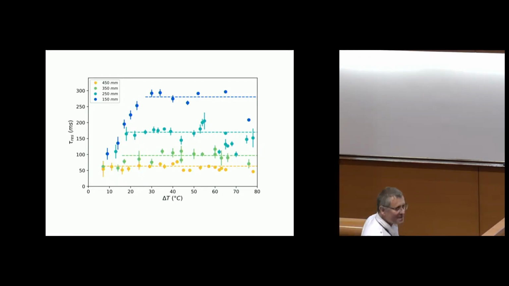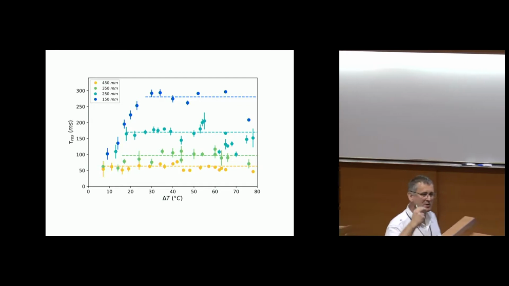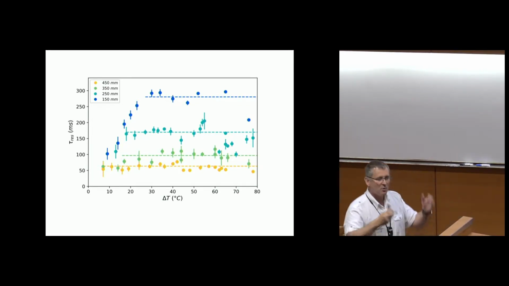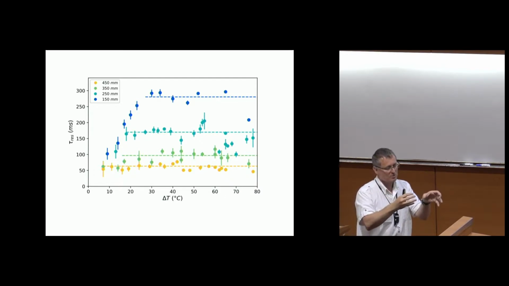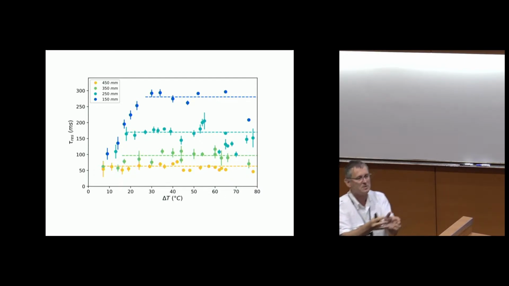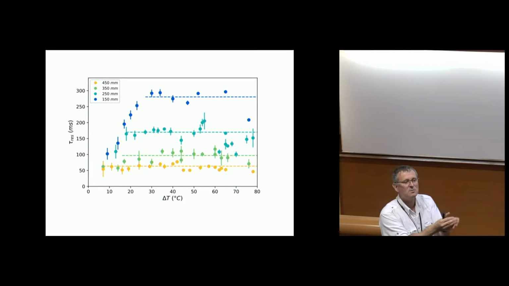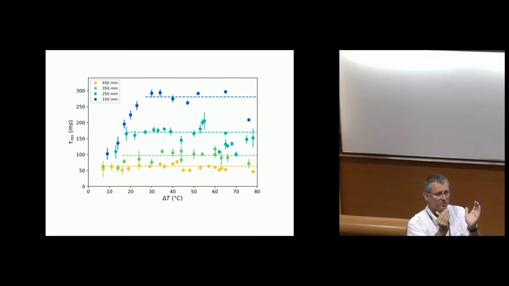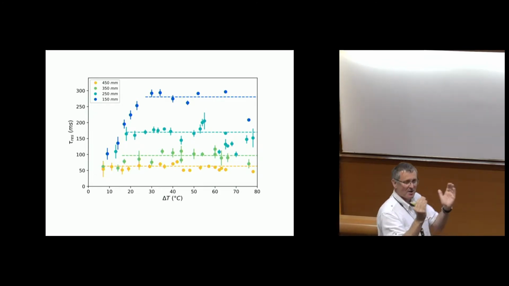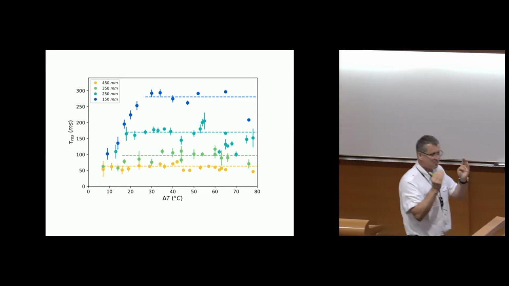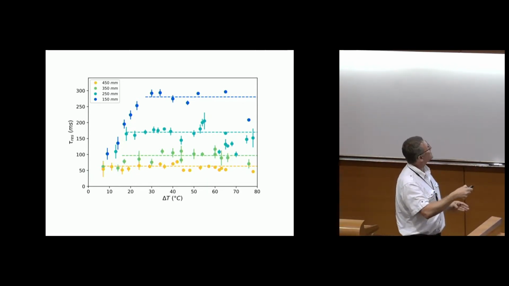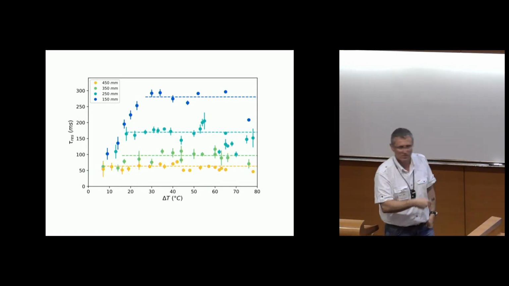Here I'm using delta T. Delta T is not the difference between the drop temperature and the substrate temperature. It's the difference between the substrate temperature and the melting temperature. For the reason I explained to David, we neglect the fact that the water has to go from 20 degrees to 0 degrees because the energy for that is negligible compared to the latent heat. So the pertinent temperature difference is the one between the substrate temperature and the melting temperature, which is 0 degrees here.